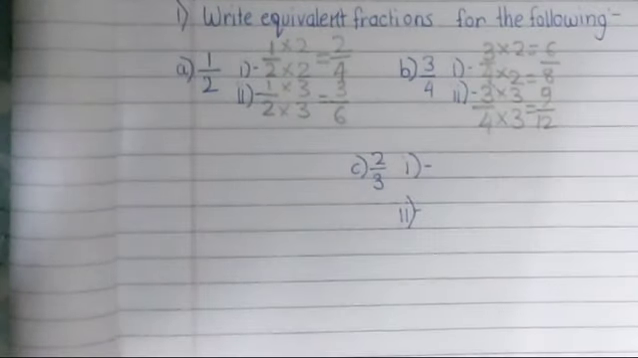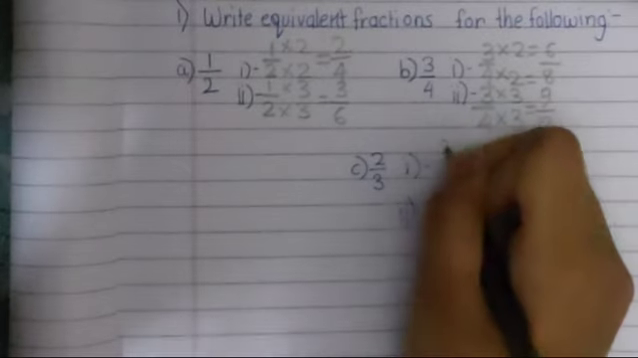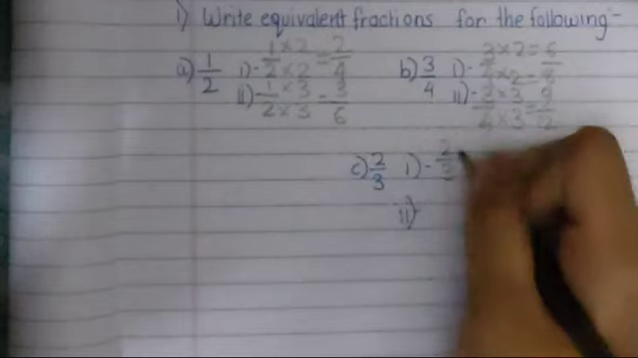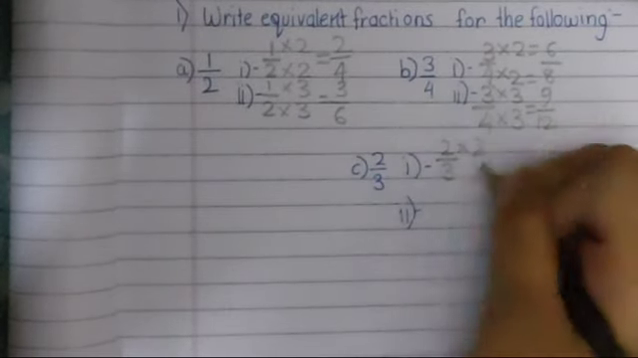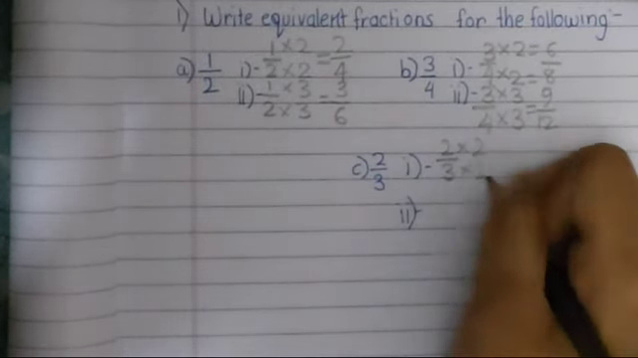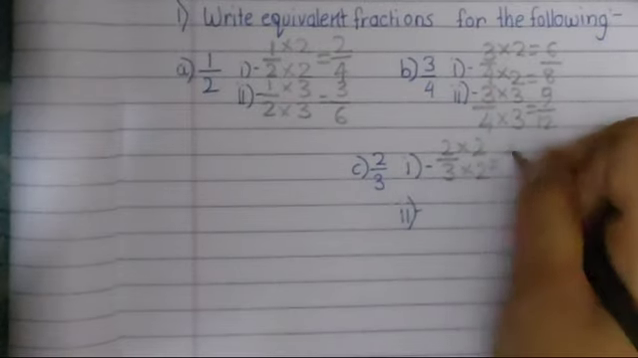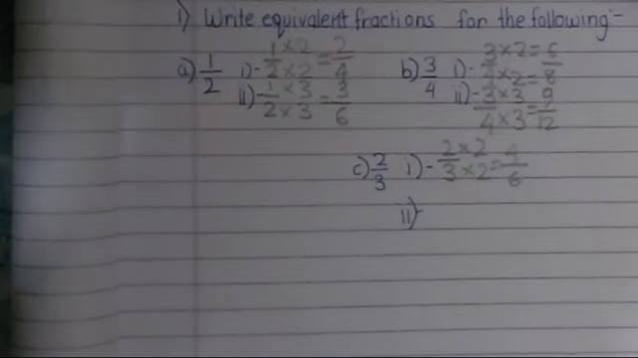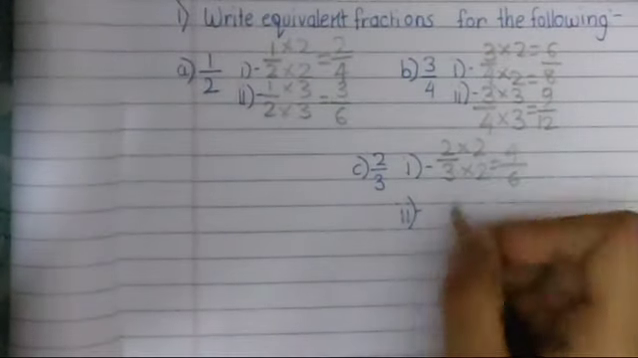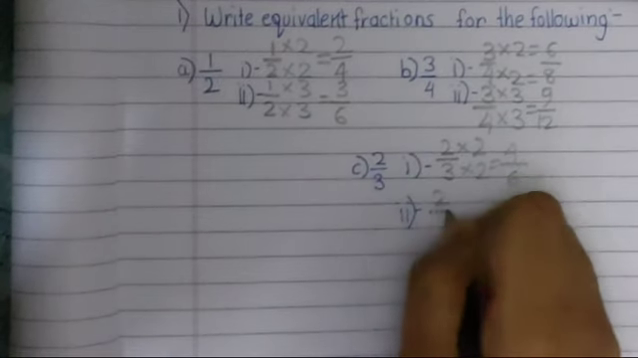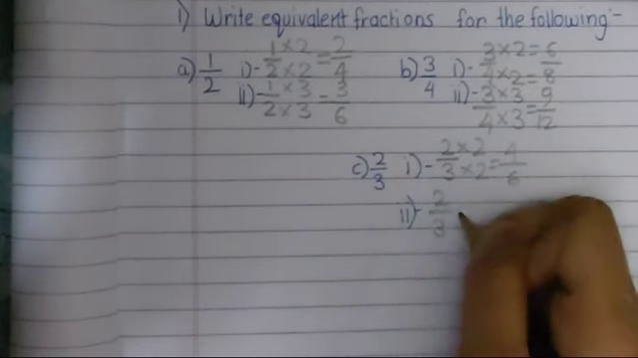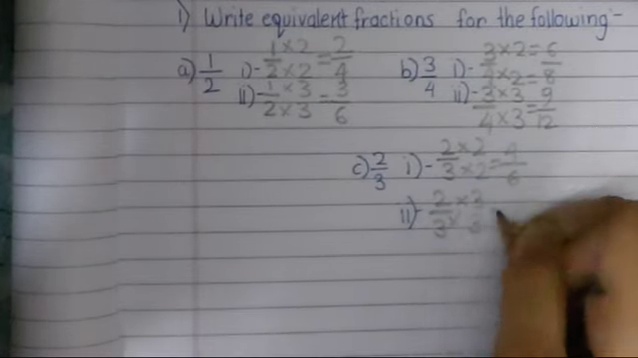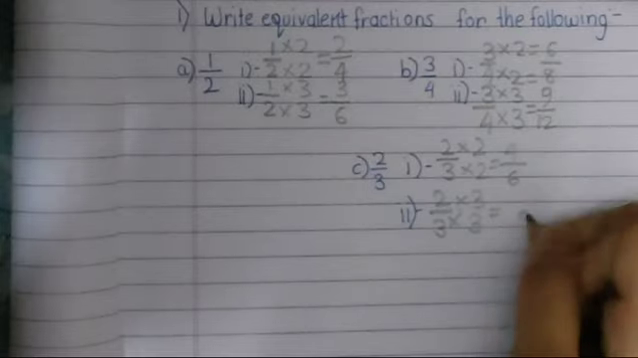Let's move on to question number C. 2 by 3. We have to write the first one. 2 by 3 multiplied by 2. So we have to write multiplied by 2 after both the numerator and denominator. So it will be 4 by 6. Now the second one, again 2 by 3, but this time we will write multiplied by 3, not multiplied by 2. Make sure not to make this mistake. It will be 6